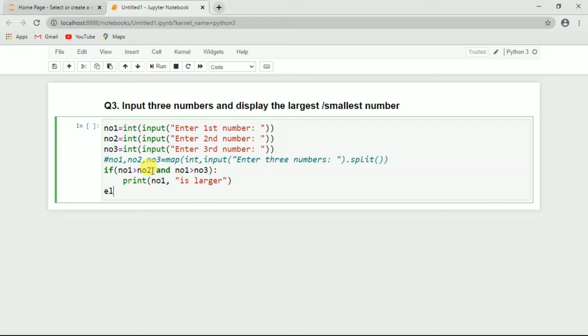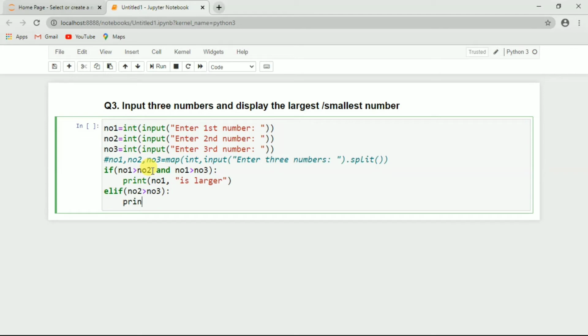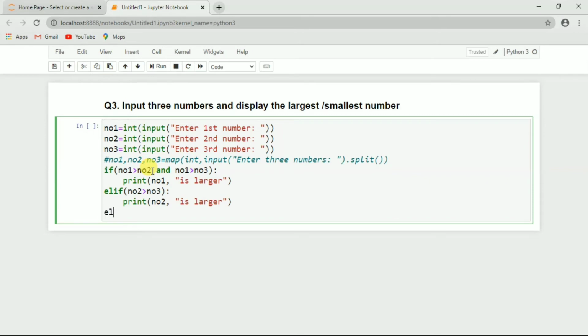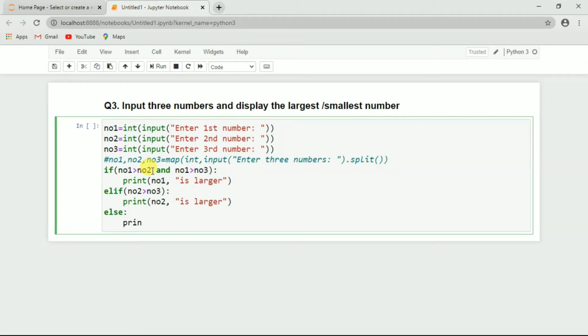After that elif number2 is greater than number3, and here also we have to write colon. So what will we print? Number2 is larger. After that else, what will we do? We will print number3 is larger.